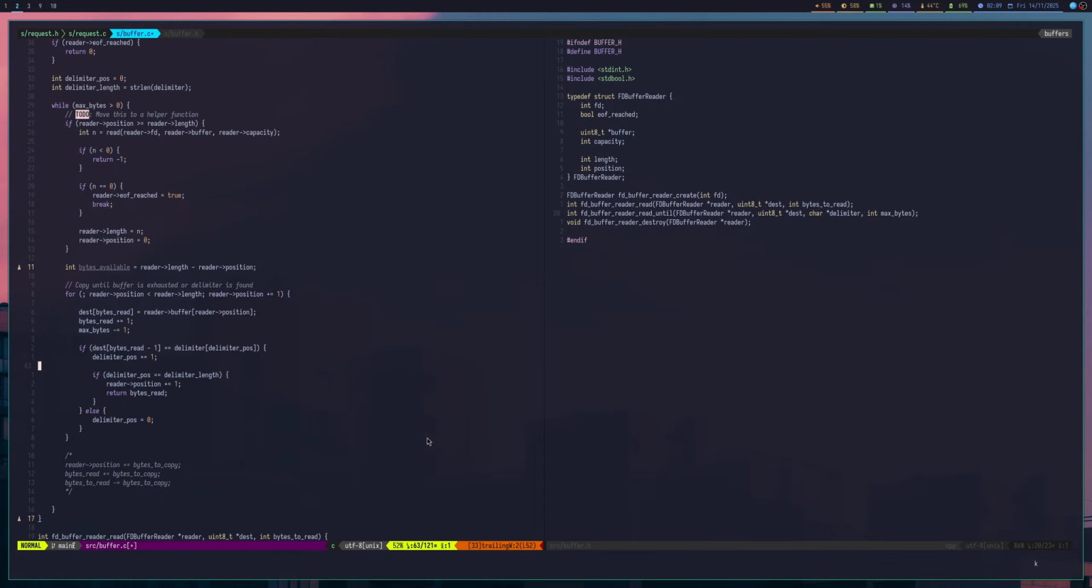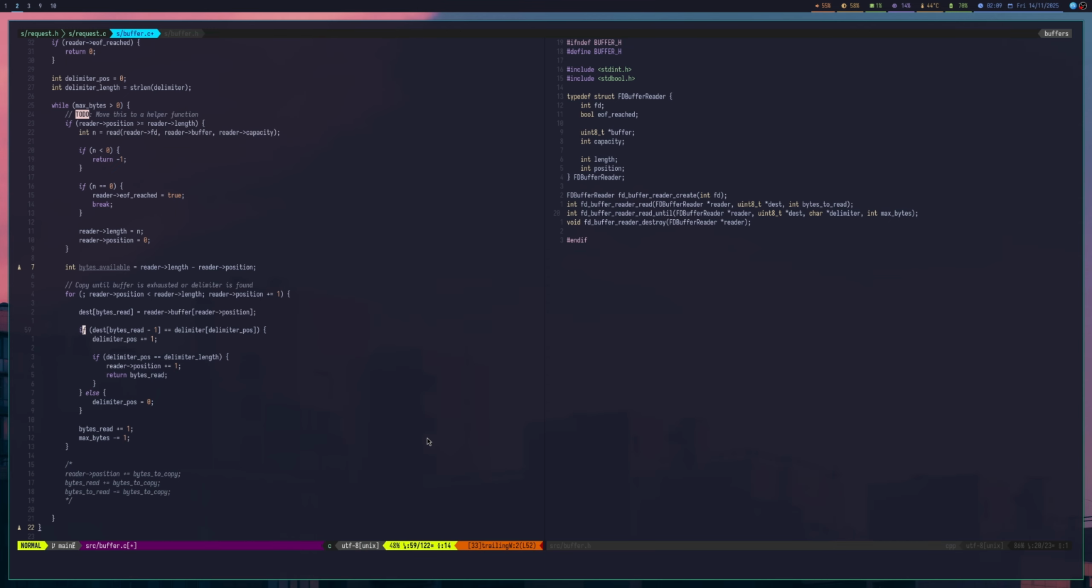Or maybe, yeah, let's do the delimiter check after copying. So even if we copy one more character, that's fine. And we can just then uncopy the entire thing. So destination bytes read minus 1. Or maybe we could do this down here, so we don't have to do the minus 1. Is the delimiter position. If it is equal, we basically add plus 1. If delimiter position is the delimiter length,